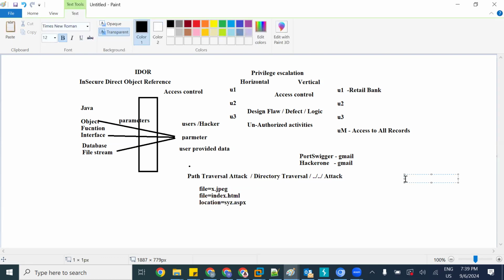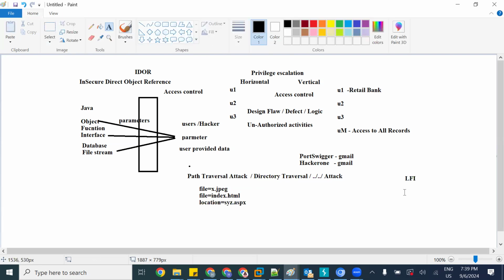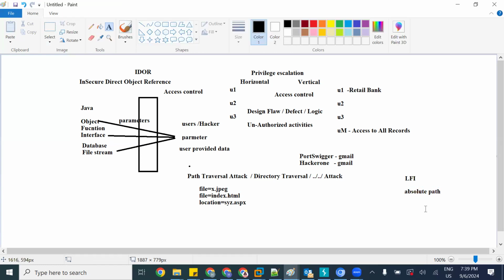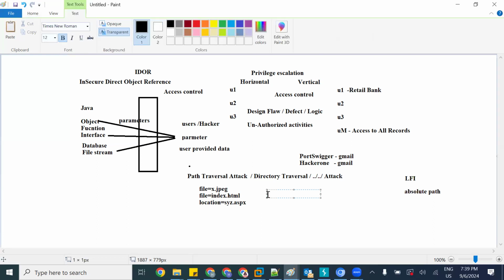There is one more vulnerability called LFI, local file inclusion. Here also we try to refer to a local file, but here you give the absolute path, meaning exactly the location of the file, and based on the permissions you'll be able to read it or not. That's how LFI works. Whereas in the case of a directory traversal attack, we try to replace the directory path or the folder path with ../